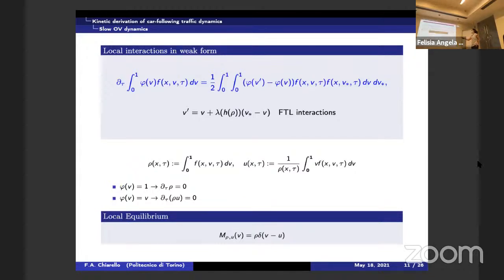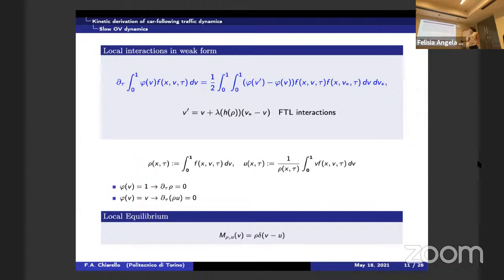So this is the equation of local interactions in a weak form. Here, V prime describes the follow the leader interactions. Defining the density like this and the mean velocity like this, and choosing the test function phi equal to 1 and equal to v, we can notice that the density is conserved by local interactions, and the mean velocity is conserved